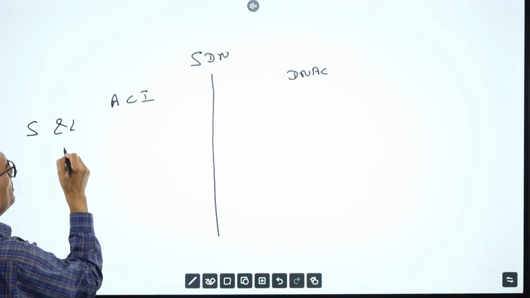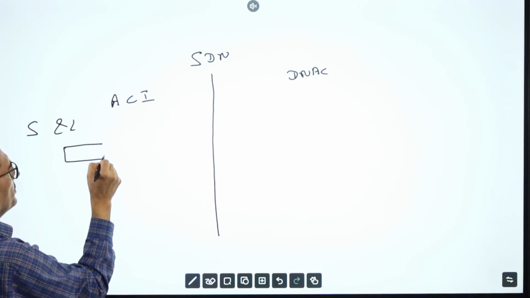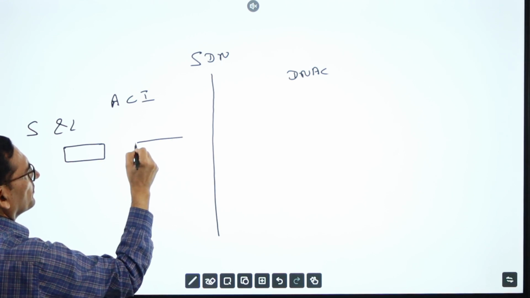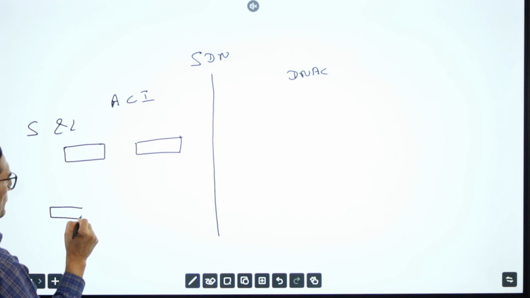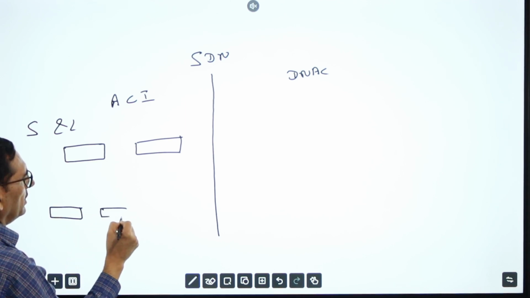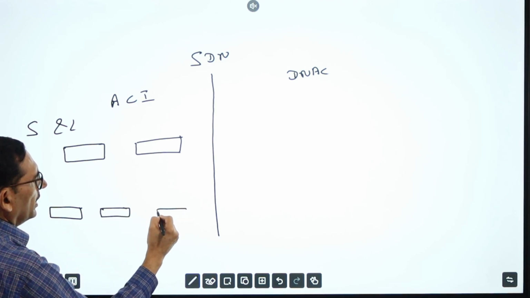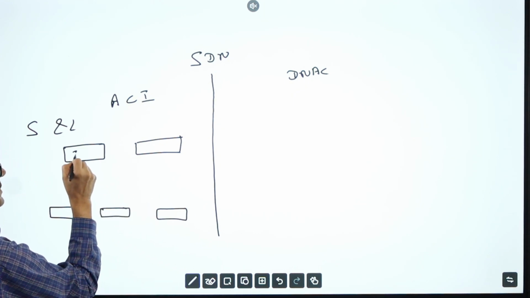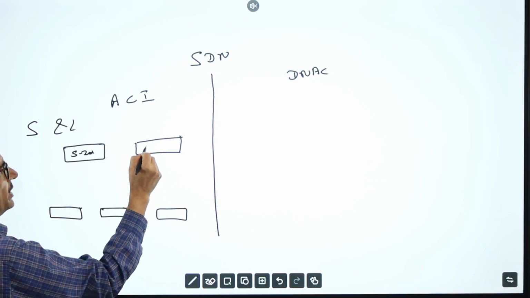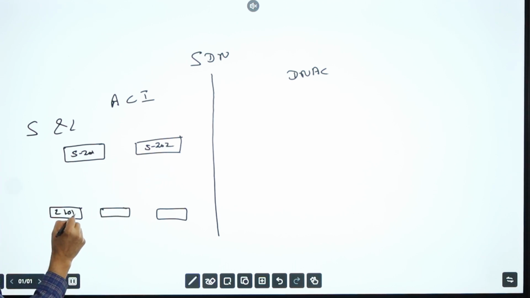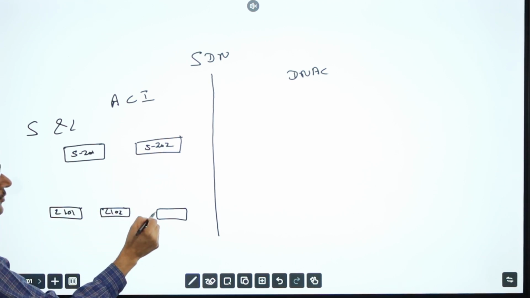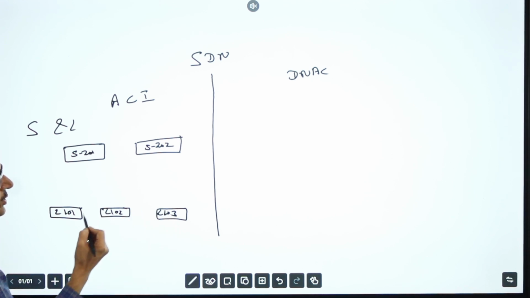In this, suppose we have two spine switches and we have leaf switches. We have leaf 101, leaf 102 and leaf 103. Suppose this is my spine 201, spine 202, leaf 101, leaf 102, leaf 103.